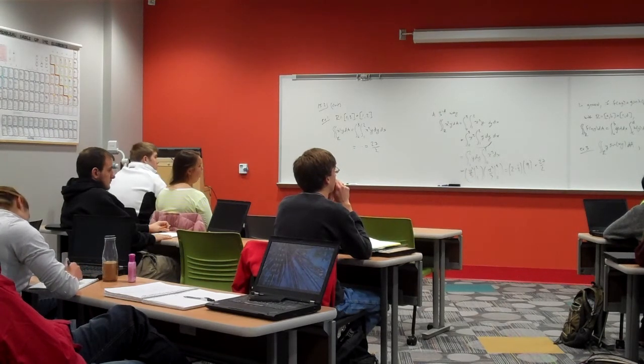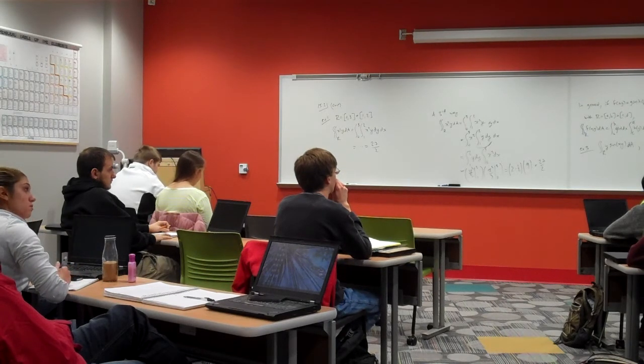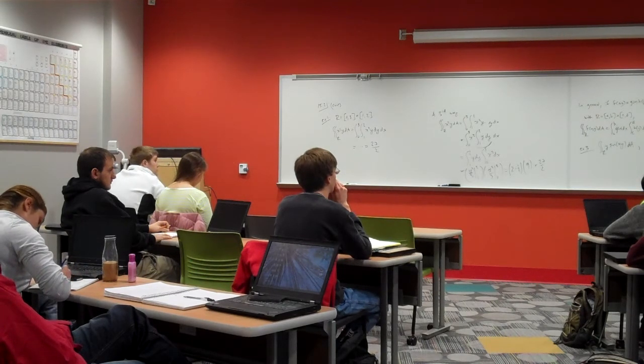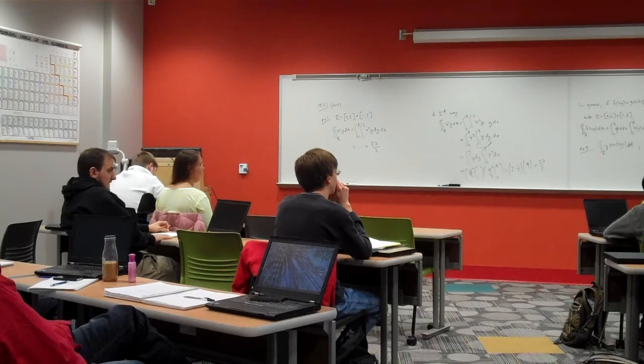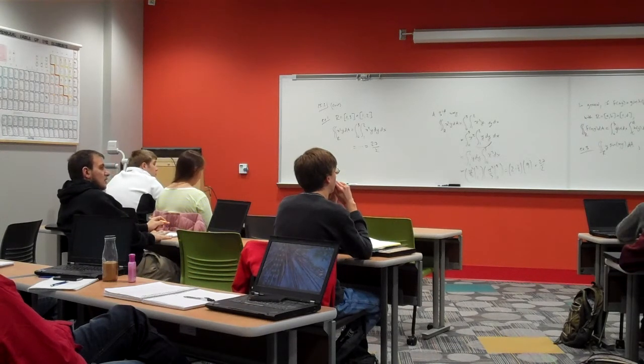Do I really need to write plus c here? I don't have enough room. Okay. So cosine 2x over 2. I'm doing chain rule in integration, essentially. I'm doing the integral of the outside function divided by the derivative of the inside function. And the reason we divide rather than multiply